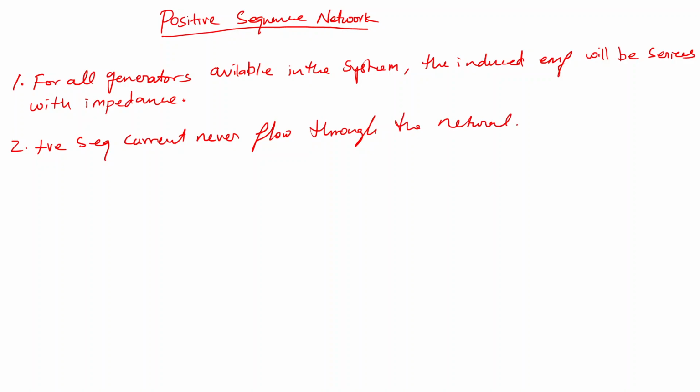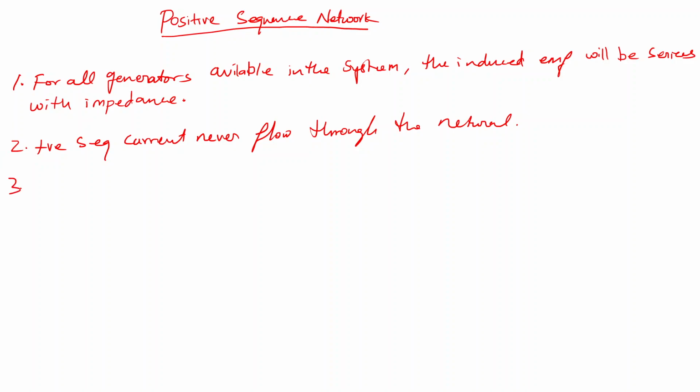So for positive sequence we will never take the neutral to ground connection. We will eliminate it. While drawing the positive sequence network, we will never draw the neutral to ground connection. Even if it is connected, we will not take it for the positive sequence network, because I don't want this. Only for the zero sequence network it is needed. So while drawing positive sequence for any equipment, I will never draw the neutral to ground connection. That is the second observation.